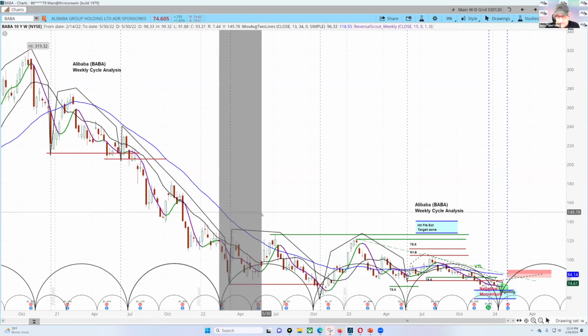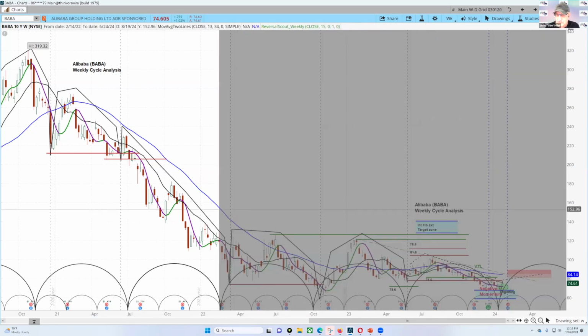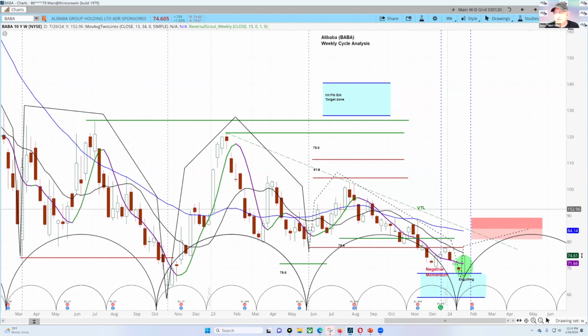Now, I'm just going to look at these last 3 cycles right over here so you can get an idea where we are. Now, China, as I said, is trying to stimulate their economy because they have huge problems in the real estate market. They have big problems in the stock market, which has really moved down. I'll show you FXI in a moment, just on the weekly chart, so you get an idea. This is really what's significant. You can see these rhythms on these big charts.